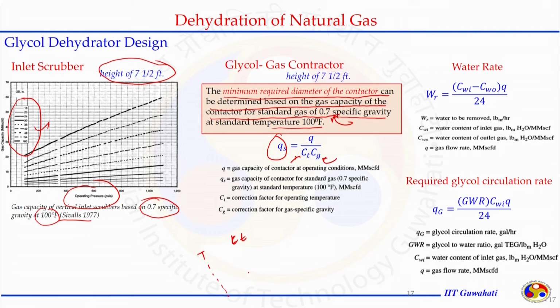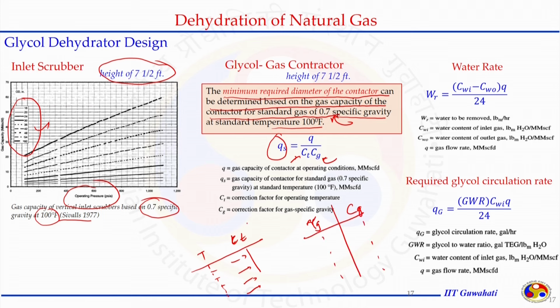The temperature correction CT can be done depending on the temperature at which it is operated. So, we have the temperature table where the several temperature data are there, and accordingly the correction for the temperature can be included in the expression. Similarly for specific gravity, whatever gravity the gas we are dealing with has, the correction factors are available in the form of a table in the literature. But again, a different correction factor will be applied for different arrangements, for example, tray or the packed one.